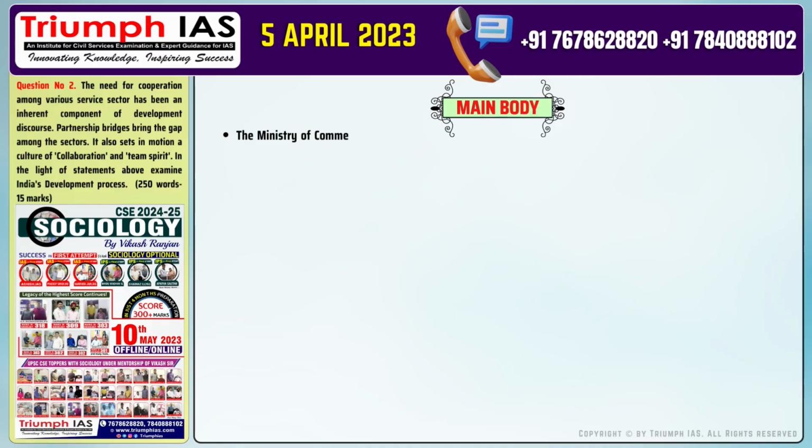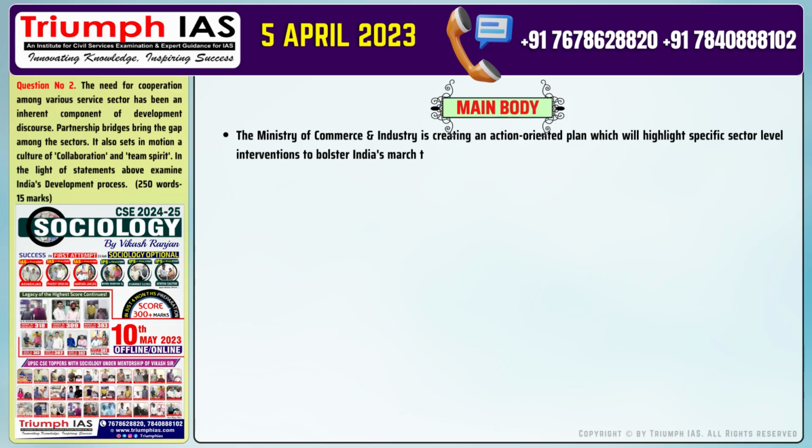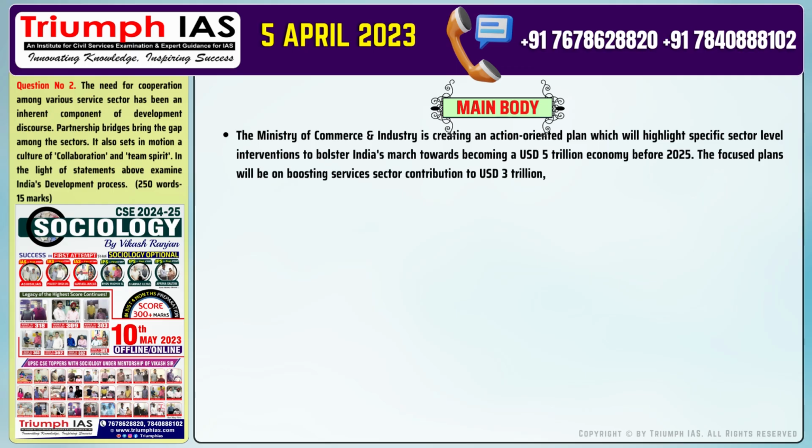The main body of the answer should be Number 1. The Ministry of Commerce and Industry is creating an action-oriented plan which will highlight specific sector-level interventions to bolster India's march towards becoming a $5 trillion economy before 2025. The focused plans will be on boosting services sector contribution to $3 trillion, manufacturing to $1 trillion, and agriculture to